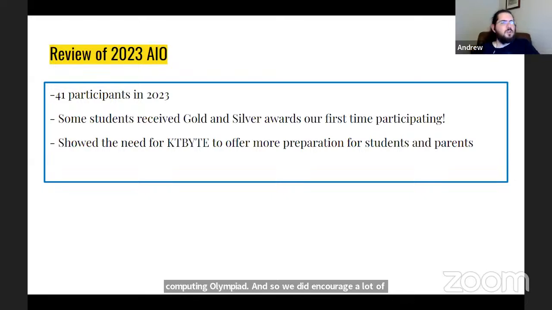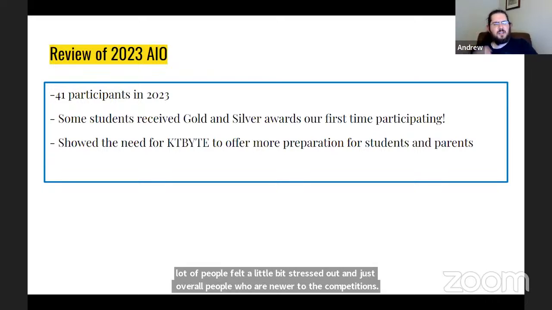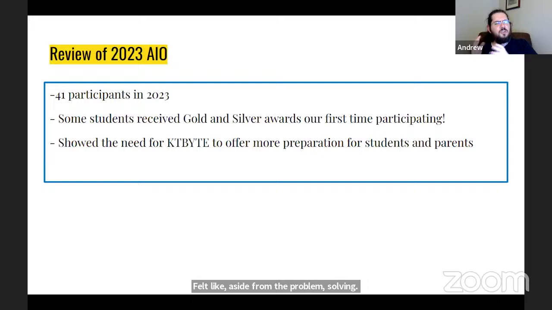A lot of people felt a little bit stressed out, and people who were newer to the competitions felt like, aside from the problem solving, even when that part of it wasn't that complicated, it was just confusing on how to set up your programs and how to deal with errors that would come up and how to use the website and stuff. So that definitely prompted us to offer the offerings that we have now, including our competition support class, which is a series of seminars and lessons and content